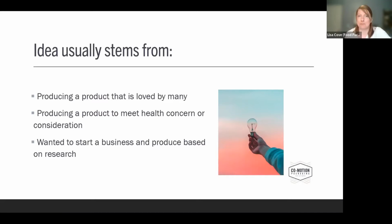So you're making something at home and your friends and family encourage you. They say, you must be making this, put it on the market. People will buy it from you, they love it. So that's one way a food business is usually started, or any sort of business, but usually a food business,